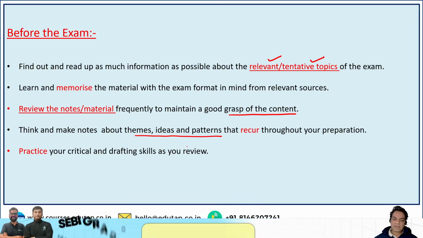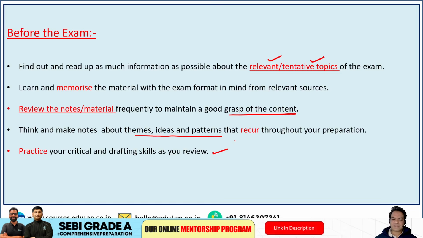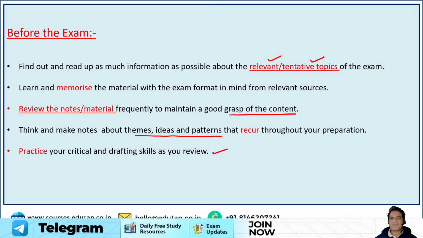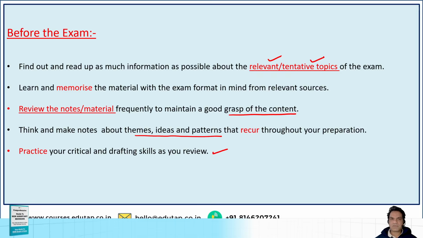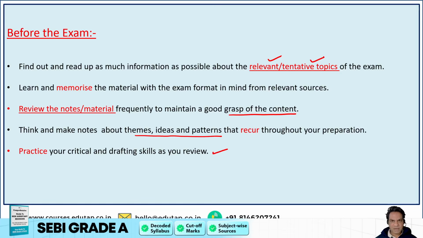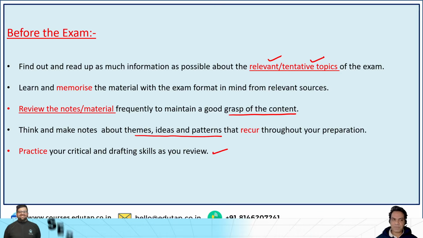And then last but not the least, practice your essays regularly from today onwards. At least write one essay every day. So 20 essays will give you the right focus and the right context of writing an essay. You will make mistakes, you'll learn, you'll evolve, and gradually you will get to the point where you can score more than 20 or 25 marks in this exam. Right, so practice regularly. That is another very important factor.